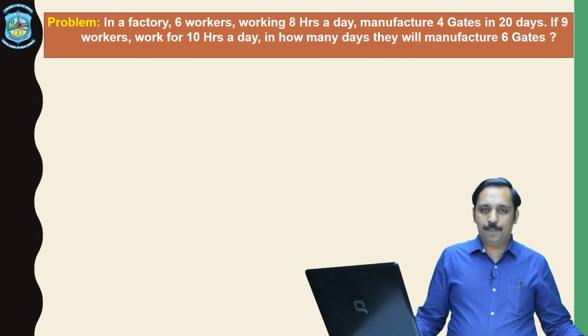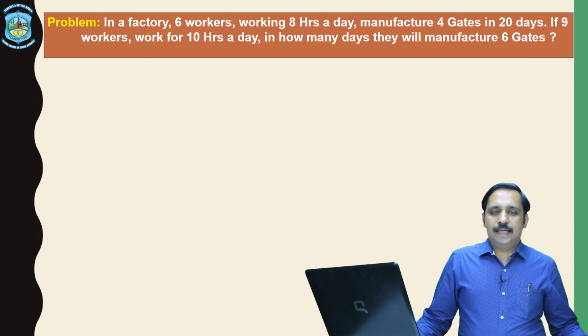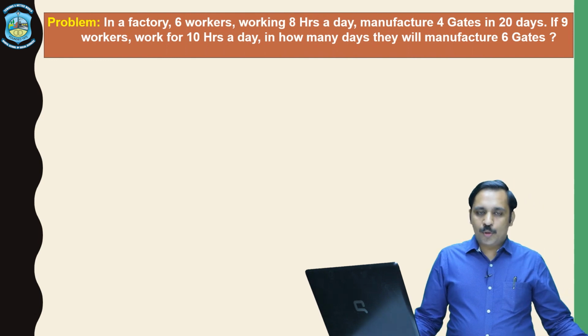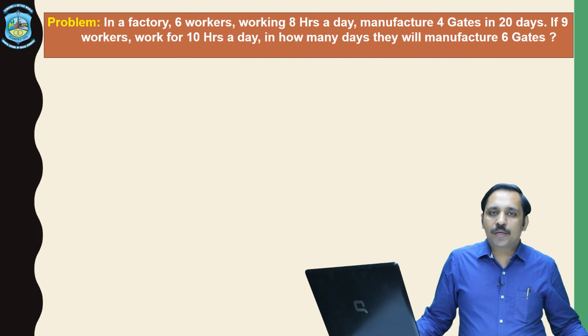Let us take another example. Here in this problem, it says that in a factory, 6 workers working 8 hours a day manufacture 4 gates in 20 days. Now let us identify the quantities involved here. We have workers, we have number of hours of day, we have number of gates and number of days, that is 4 quantities. The question says, in a factory, 6 workers working 8 hours a day manufacture 4 gates in 20 days. If 9 workers working for 10 hours a day,